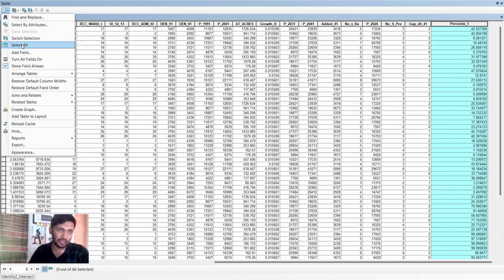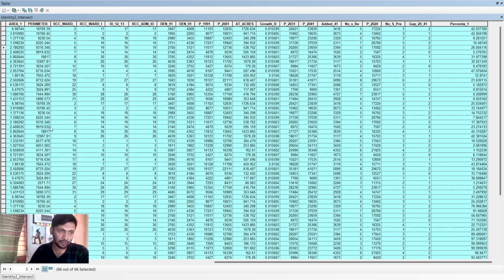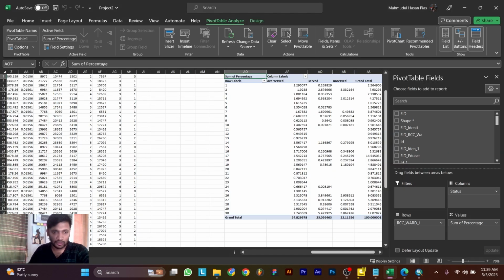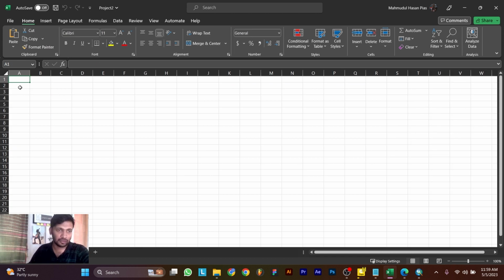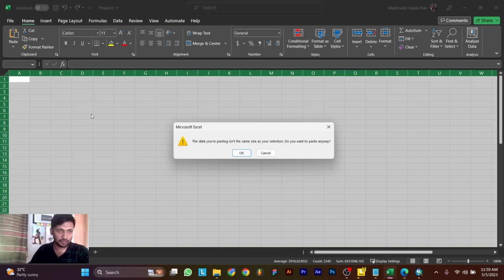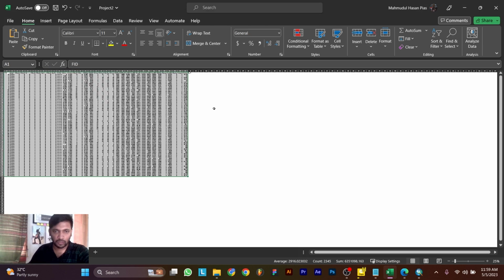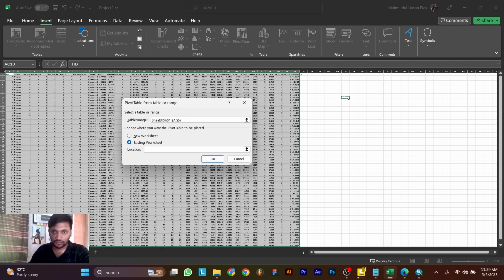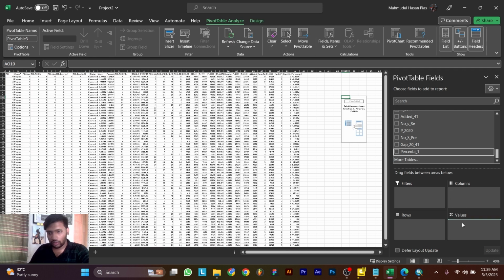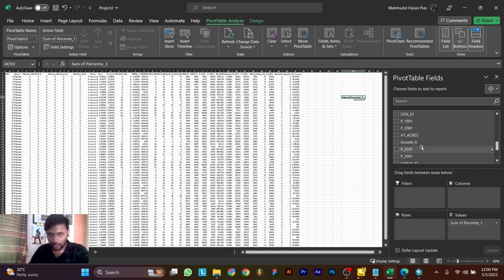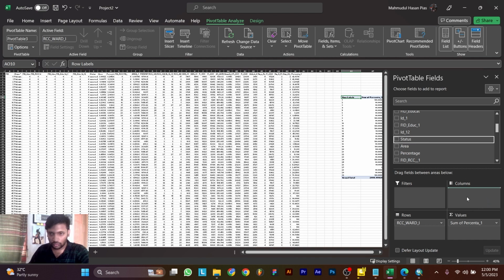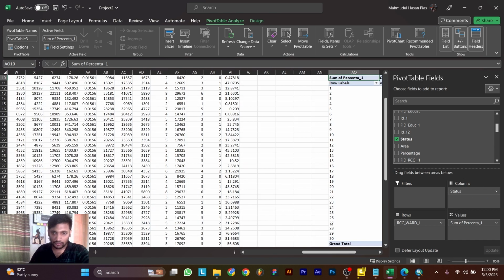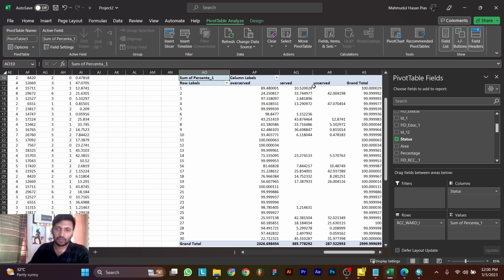Okay, so we are going to select everything similarly, then copy everything, minimize, then go to Excel once again, create another sheet, then paste it here and then prepare another pivot table. Okay, so our existing sheet, target here, put the percentage into the values and similarly ward ID to the rows and the status to the column. So now here you can see the percentage of overserved, served and underserved with reference to each ward area